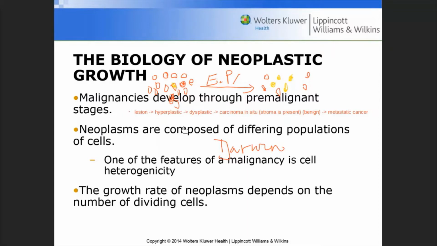One of the features of this malignancy is that there is heterogeneity. Heterogeneity means there are different populations. If it's just one population, then it is known as homogeneity, but it's not. It is heterogeneity, and you can have several populations selected to divide. And those cells that do divide,